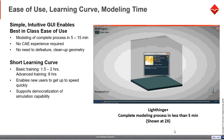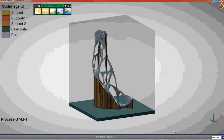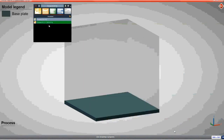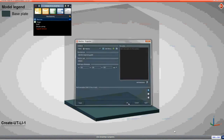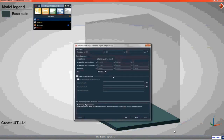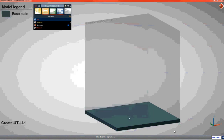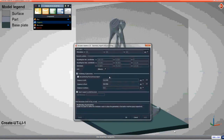Now, I wanted to show you a very brief animation. It's about 2 minutes long, but it's going to show you that the modeling process can be completed in about 2 minutes. So we're going to go ahead and you can see that they're starting with a brand new process, changing the name of the process, changing some of the setup parameters, changing the machine, importing the part. And the part you can utilize pretty much any kind of format to import. The next step would be to position the part, and then they would go ahead and import the